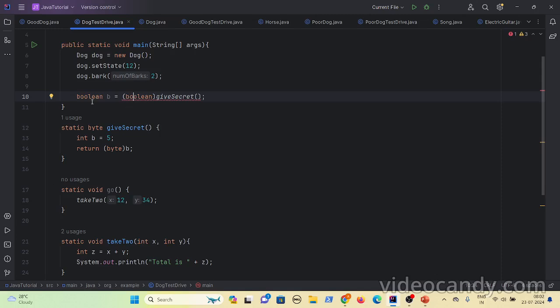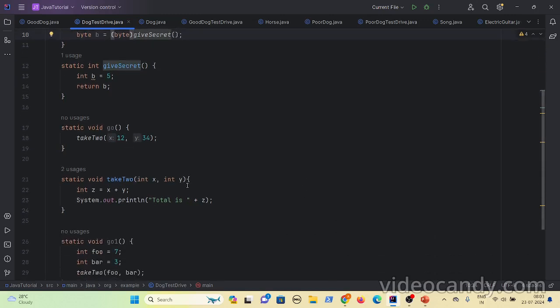Okay, so what we can say is, if a method wants to return something, mention the return type and then return the value. And also if you are using that value, specify that type as well. Here if you see, you are using that value and setting that value to a variable, and even this type should match this type. And sometimes let's say it is returning the integer value, and since 5 falls in the byte range, you can do the explicit typecasting, like this will work. Okay, so these are the few rules that you should follow.